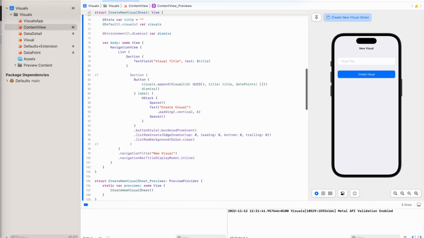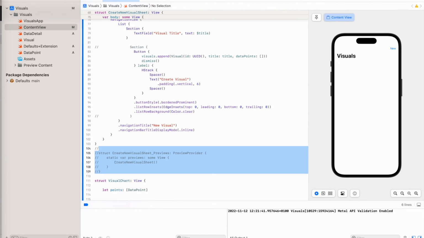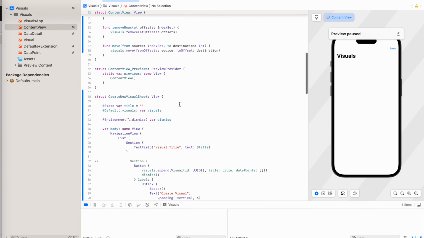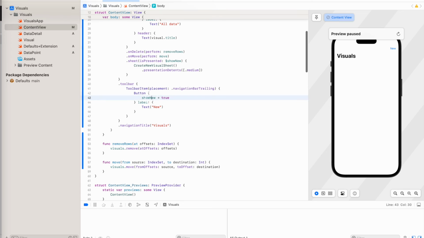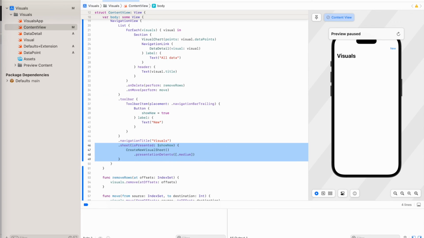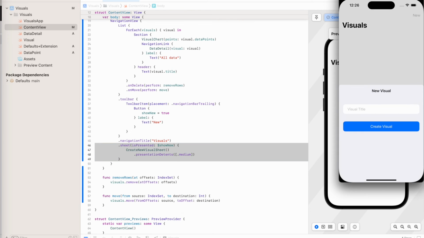So now what we can do is actually show what it looks like from the content view. So when you have your main view and you click new, right now that button doesn't do anything because the button isn't connected. So I need to add that here, and the sheet is only in the list, so it needed to be in the total list and not in the individual cell, because there are no cells at the start. So present a new visual,